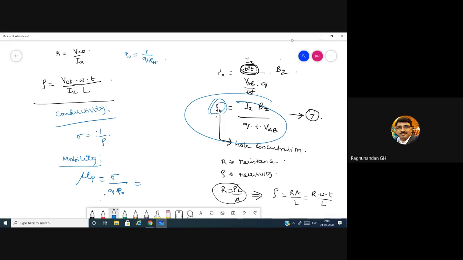Here, sigma is there. So what we'll be doing is simple: we are going to write a given equation in other formats, in terms of other parameters. So now sigma is there, so inverse of that is 1 by rho, and q is there. We don't know anything with respect to q. So for p naught we have 1 by q into RH. Now you can cancel q. So this can be written as RH by rho. This is one equation for mobility.